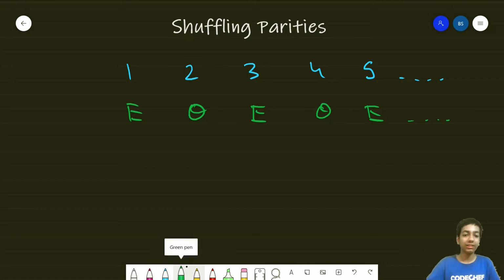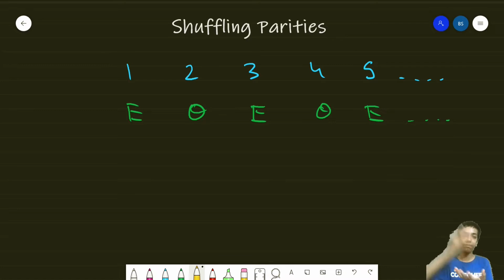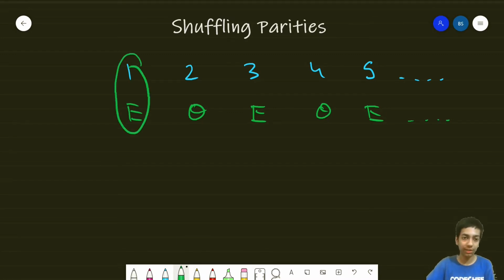Notice that the indexes are fixed. So if some part is already fixed, when we want to maximize, minimize, or do whatever with it, then the other part has to be decided accordingly. This is a beautiful problem that really shows that trick. So you have 1, 2, 3 as the indices, and it's clear that they are alternating. The first one is 1, that is odd, then 2 is even, then 3 is odd, 4 is even, and so on. So this means that 1 plus whatever will be there,